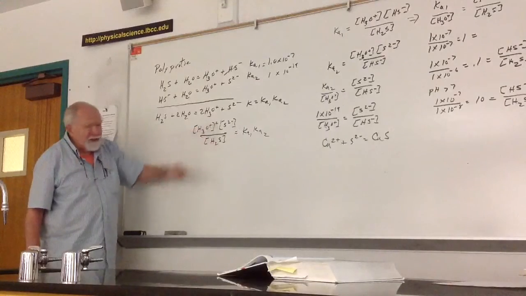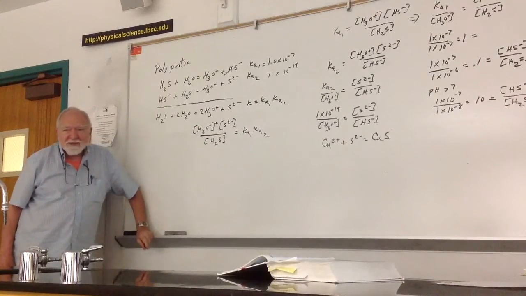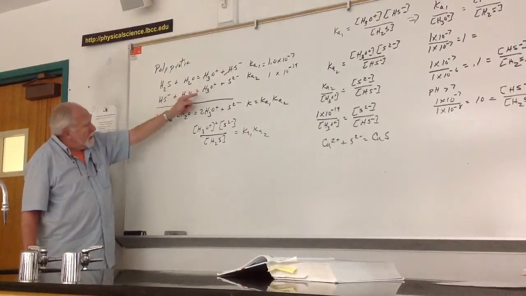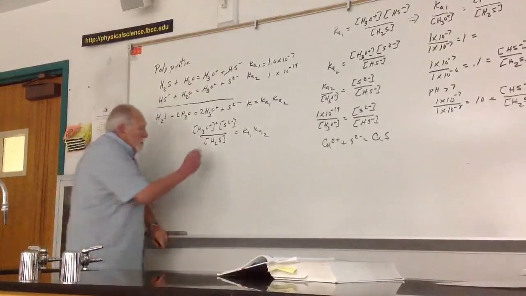And they said this is hydrogen ion squared. Darn. The reason for that is this is the most important one because it's much bigger K than this one. The only time you can use this,